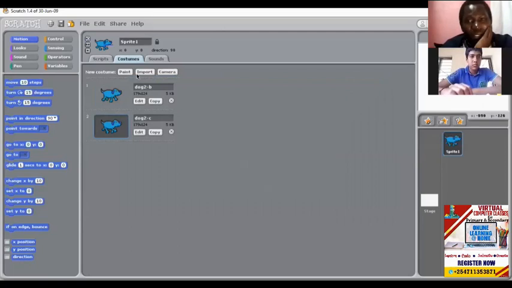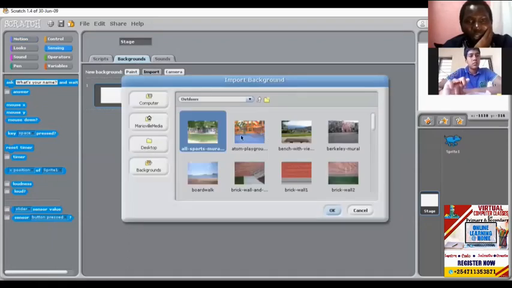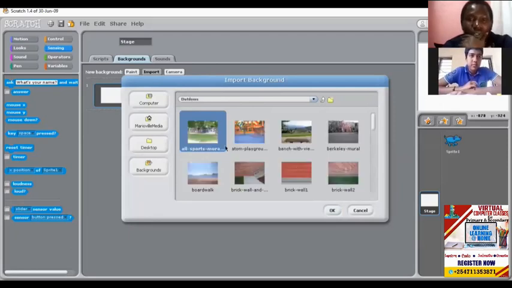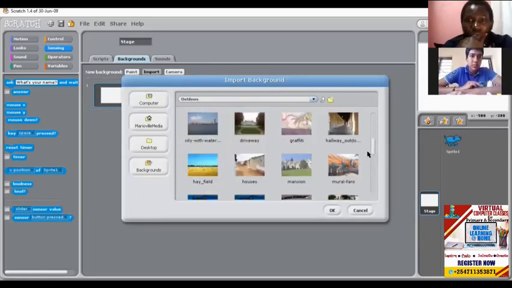After that, I will again come back and choose the background for it. I'll click on stage like what I've just done. You have options of script, background, and sound. So it is the stage background. I will go to import instead of paint and camera. I'll click on import. Under here, we also have varieties: indoors, nature, outdoors, sports, and X grid. So if I've picked dog as a character, I will choose outdoors. In outdoors, we have all sports, all that as listed. So I will choose